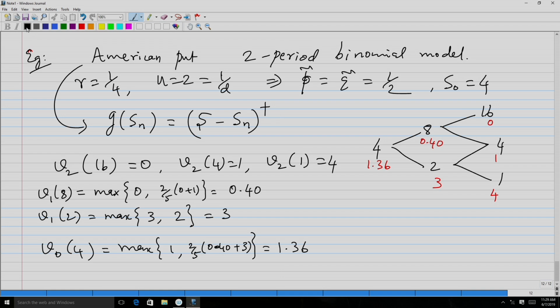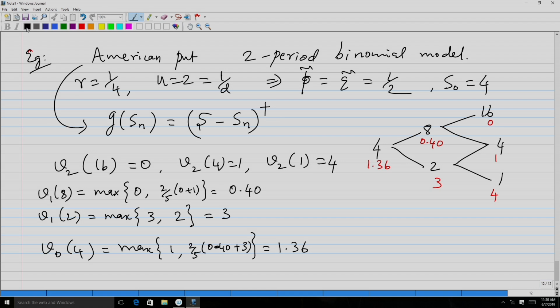So, this is how you compute, and once you have this, of course, we are already given that the delta formulation remains the same. There is no difference: once you compute the V n's, then accordingly you will compute your delta hedging strategies in the usual manner. There is no difference here.